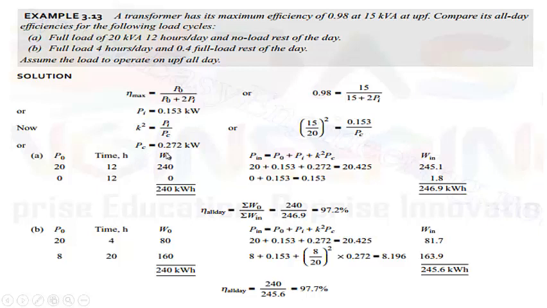Pc comes out to be 0.272 kilowatt. So we calculated the core losses as well as copper losses. Now we'll divide the time zone into 12 hours and 12 hours. For the first 12 hours, the power consumption and the output is 20 watts, and the total energy for this period